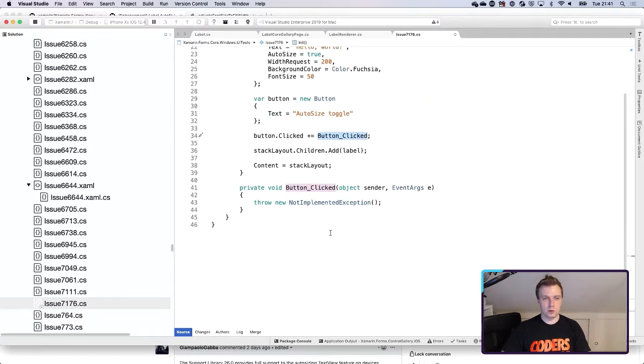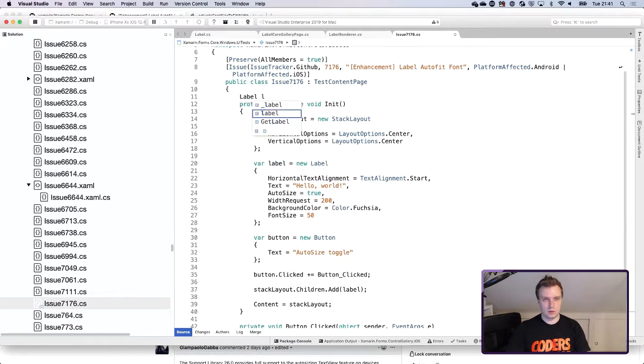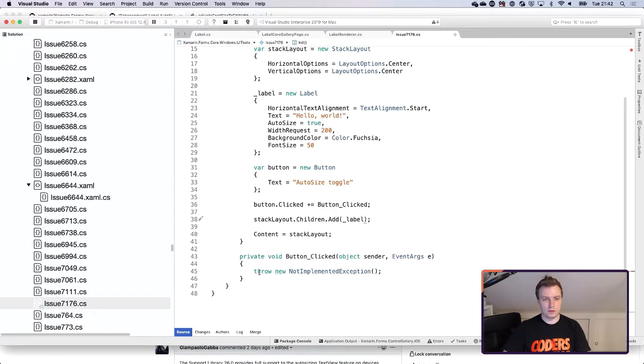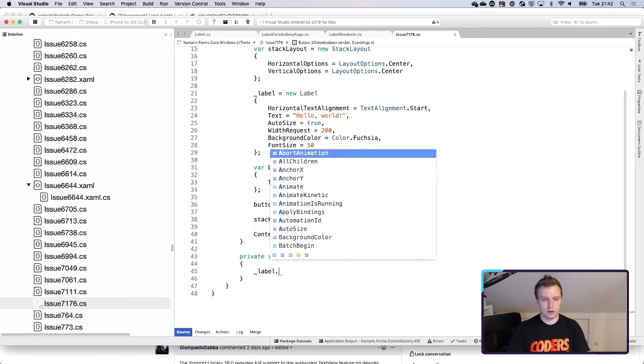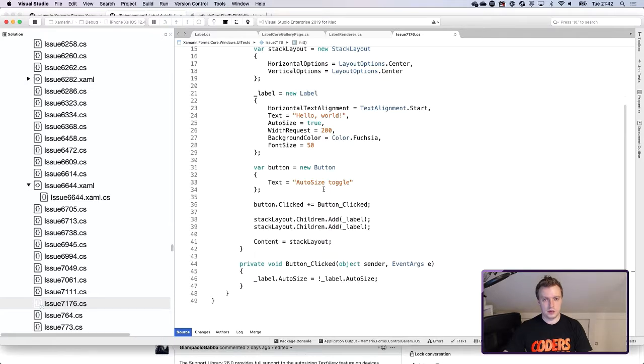Now we're going to get in trouble because we need this here. Label. Here we go. Add label not auto size. And then we still need to add that one here as well. Okay, so let's first